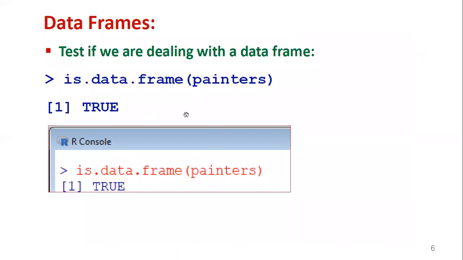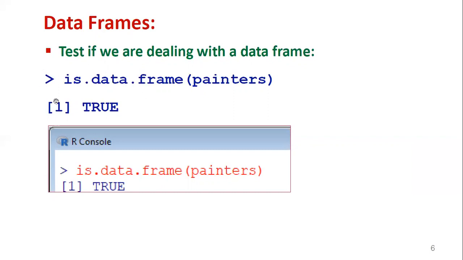Now earlier we tested the factor variable with is.factor. Similarly, the same thing we can test, is it a data frame or not, which simply displays TRUE or FALSE. So we test if we are dealing with a data frame or not. The command is is.data.frame.